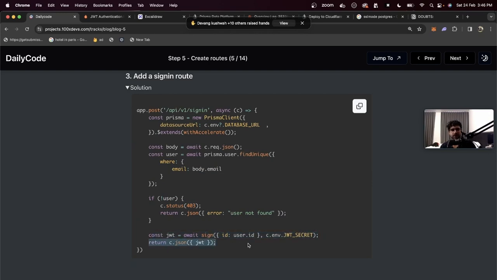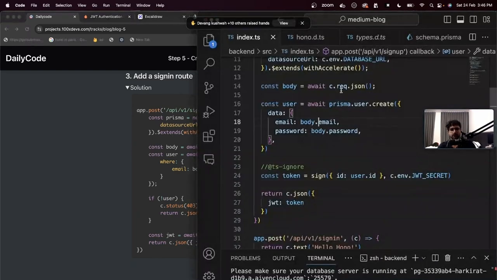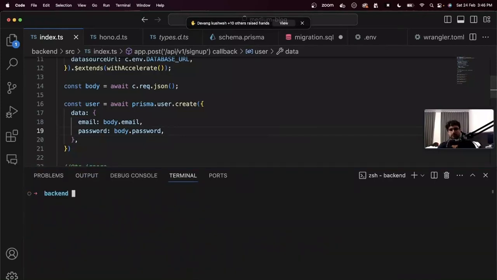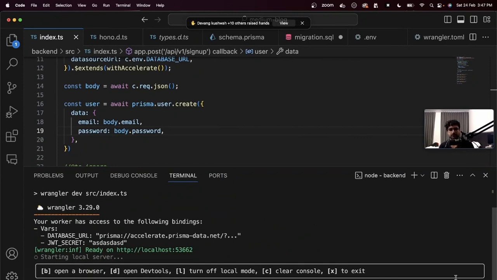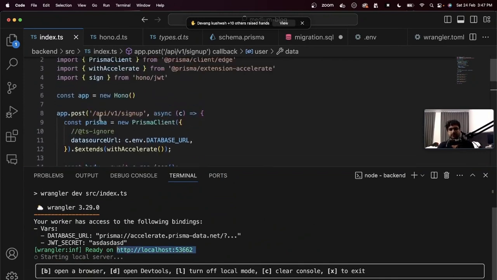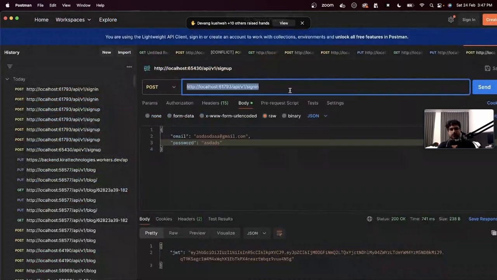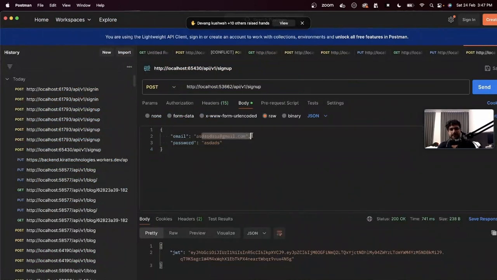Sign the JWT, return it to the user. Feel free to copy this, or I've written the same code here. If I run this now locally, let me show you whether or not it works, by going to Postman and sending this sign up request to /API/v1/signup. So if I paste this /API/v1/signup and I send in an email and a password,